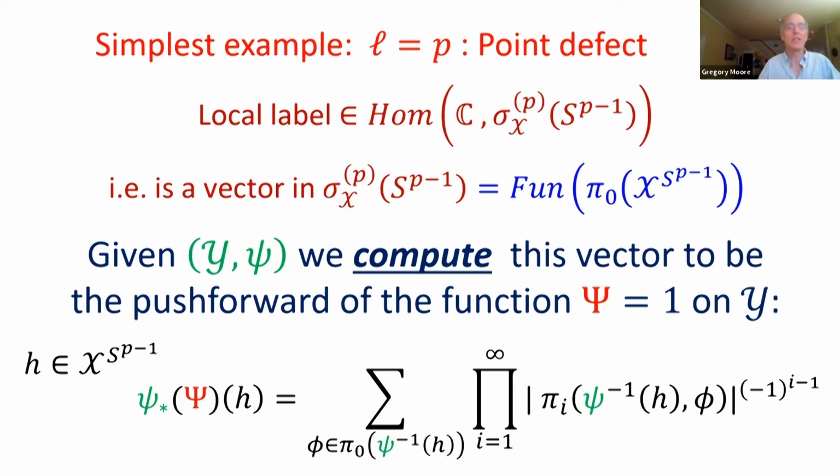If H is in the mapping space, to evaluate the push forward function on H, we look at the inverse image of H under psi. It's a set with some connected components. We evaluate the function 1 on that representative, that's of course 1, and we weight it by the homotopy cardinality. So the point is not so much the specific formula. The point is that I can compute. Given the semi-classical defect data in green, I can actually compute the local label, which in this case